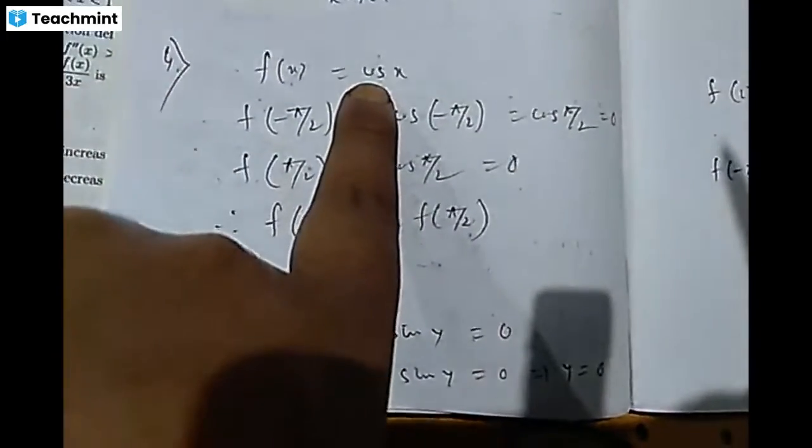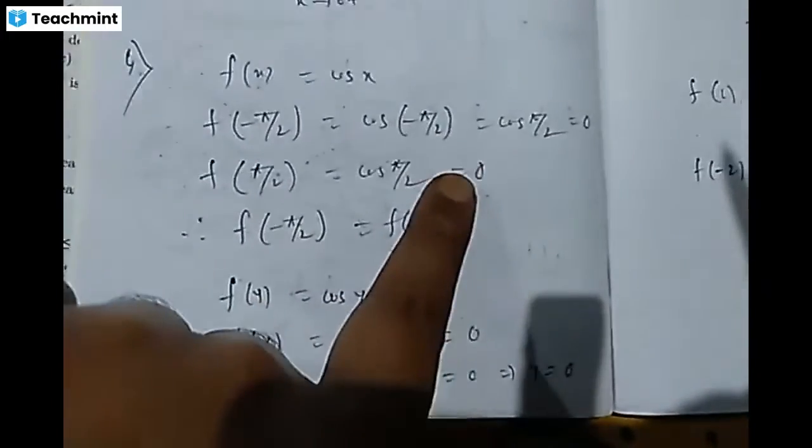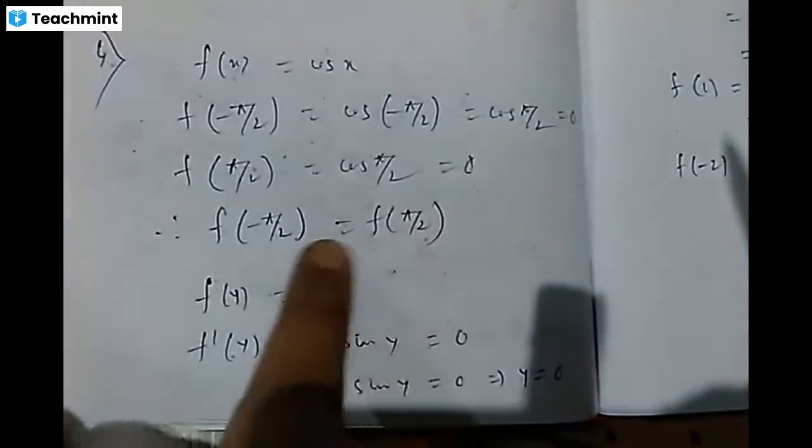Let f(x) be equal to cos x. When we put x equal to minus pi by 2, we get cos pi by 2, which is 0. And f(pi by 2), cos pi by 2, is equal to 0. And we know that cos x is fully continuous. Sin x and cos x are fully continuous. So Rolle's theorem's criteria are satisfied: the function values at the limit points are equal, and the function is also continuous. There must be a point between minus pi by 2 and pi by 2 where the first derivative of the function is equal to 0.